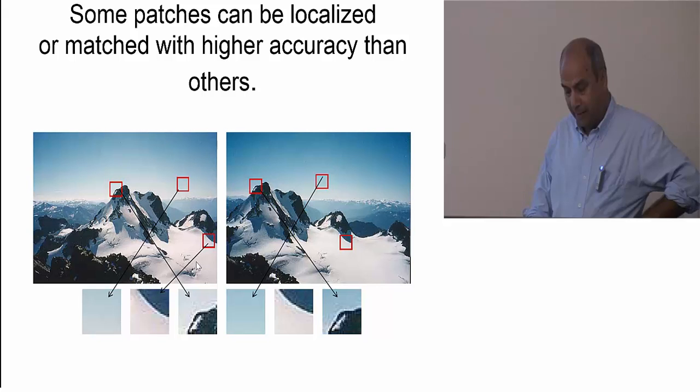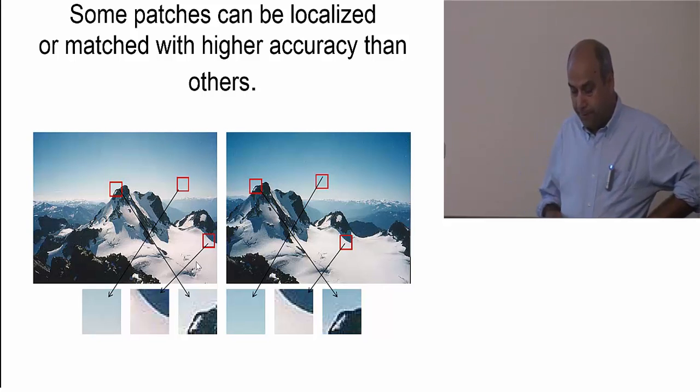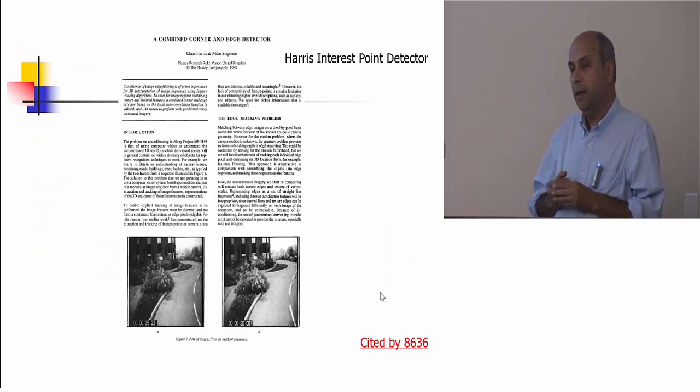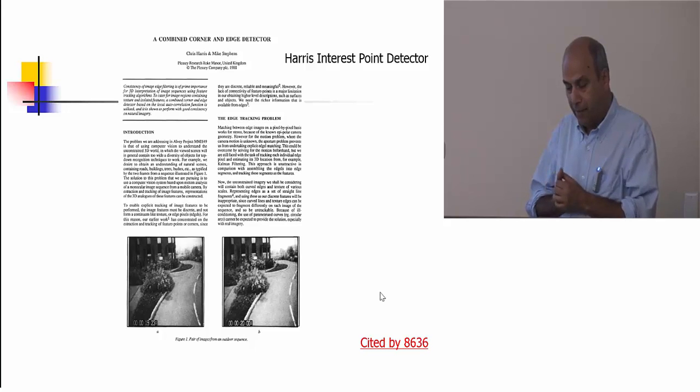So now, as you see, some of these are impossible. Suppose if you use that, it's very difficult, this can be anywhere here, okay? But this may be more distinct, this may be more distinct. So that's the kind of motivation which we have, and we are going to talk about this Harris interest point